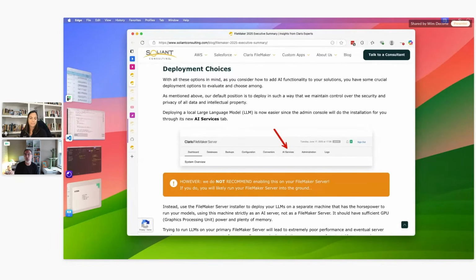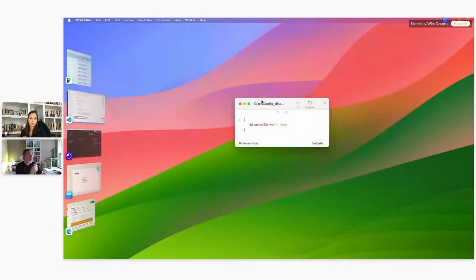So we can always upgrade you ad hoc if you don't want to wait for the planned rollout so that everybody gets 22. So we can definitely work with you if that's something that you want to do. However, one thing that we will do on our Soliant Cloud service is this AI services tab is not going to be there. And if you want to, you can do that yourself. And let me jump real quick. We described that as well.